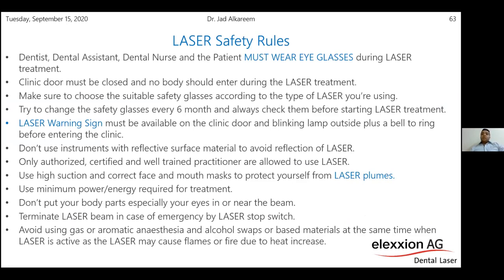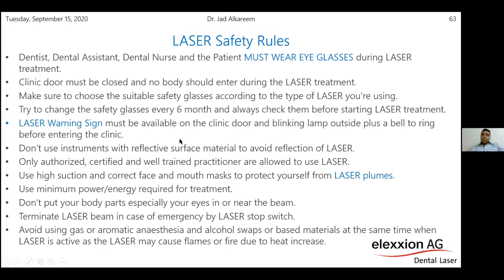The clinic should be totally closed. Nobody should enter during the laser treatment to avoid any unnecessary harm or damage. Always try to use the suitable safety glasses according to the laser type that you are using. Not any protective glass is suitable for every wavelength. So first you need to know which kind of wavelengths you have, and then you will be able to choose the correct